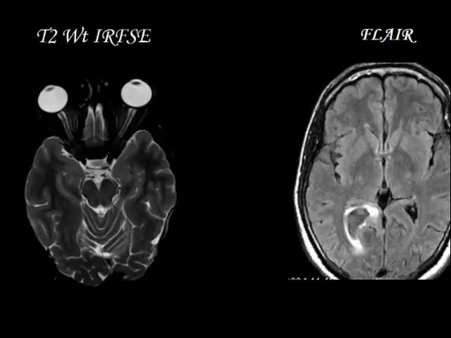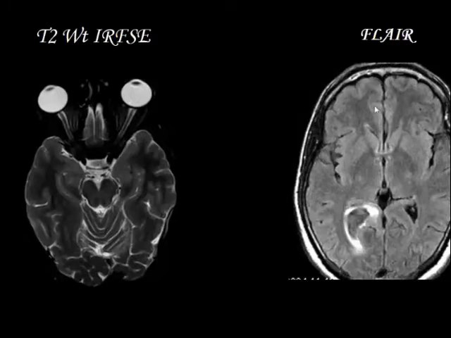So where do you use it in pediatric surgery? I think that is important. T2 weighted IRFSE sequences are basically used to evaluate optic nerves. Second is retinoblastomas. Now, is there an extension of the retinoblastoma? If you just do a T2 weighted sequence, the fat can merge with the retinoblastoma extending along the optic nerve. So you may miss some part of the tumor. So if you do a fat suppressed sequence or a T2 weighted IRFSE sequence, you will pick up the lesion very well.